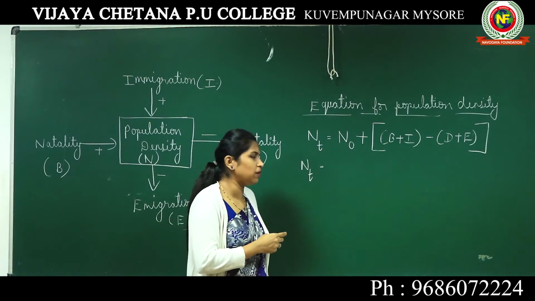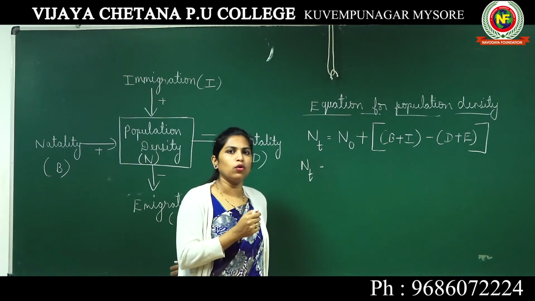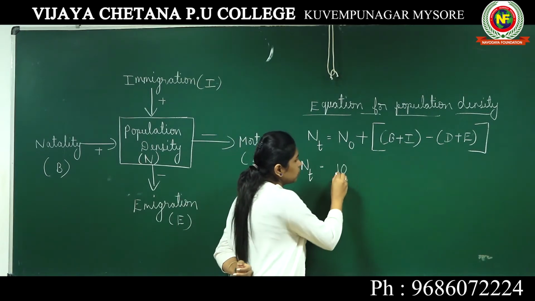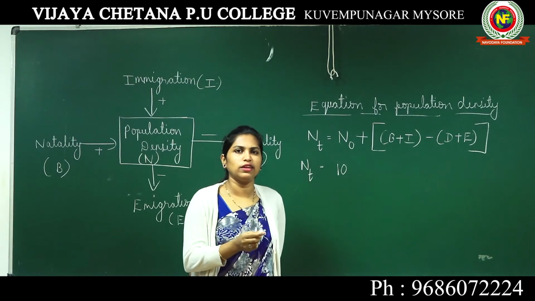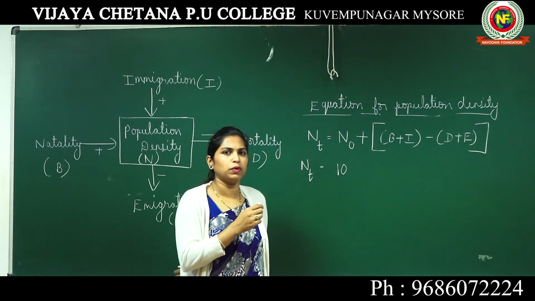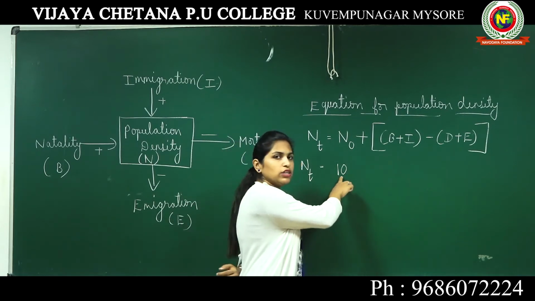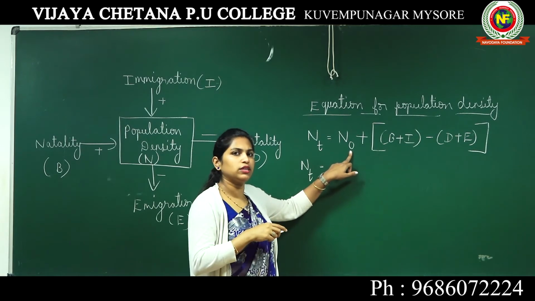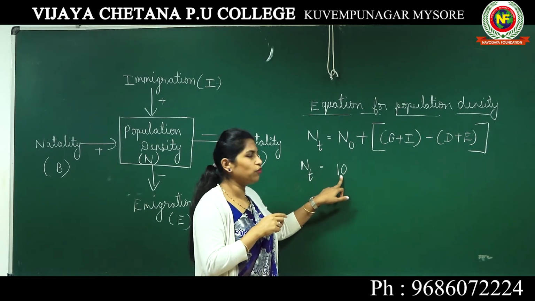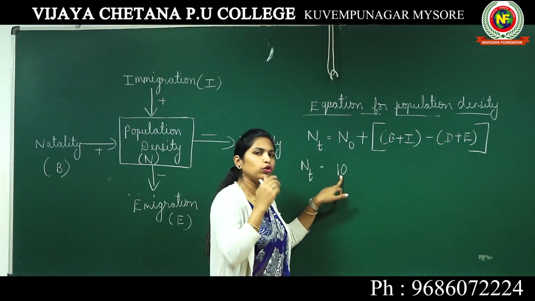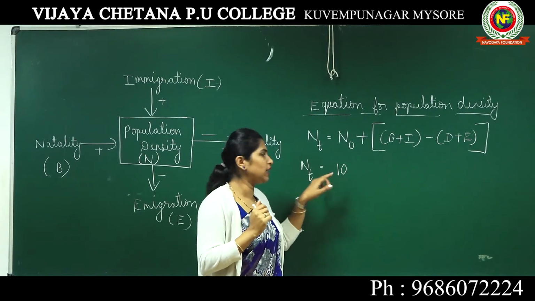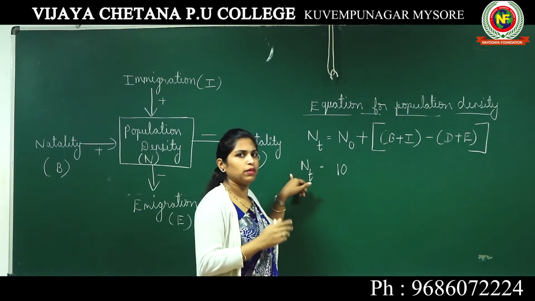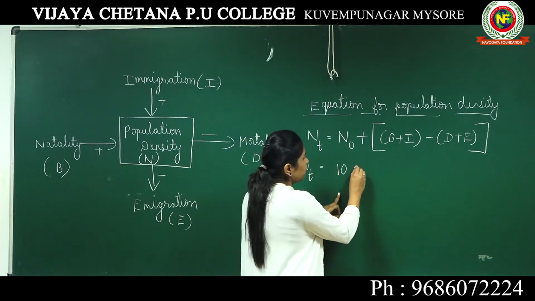Let's take the previous example. When we started the count for this particular lion population, the population was 10. So this becomes the initial population density. When we started this count, the initial count of lions was 10. After 1 year you have to count it again. That becomes NT, the population density at a particular time, which may be after 1 year. So, plus